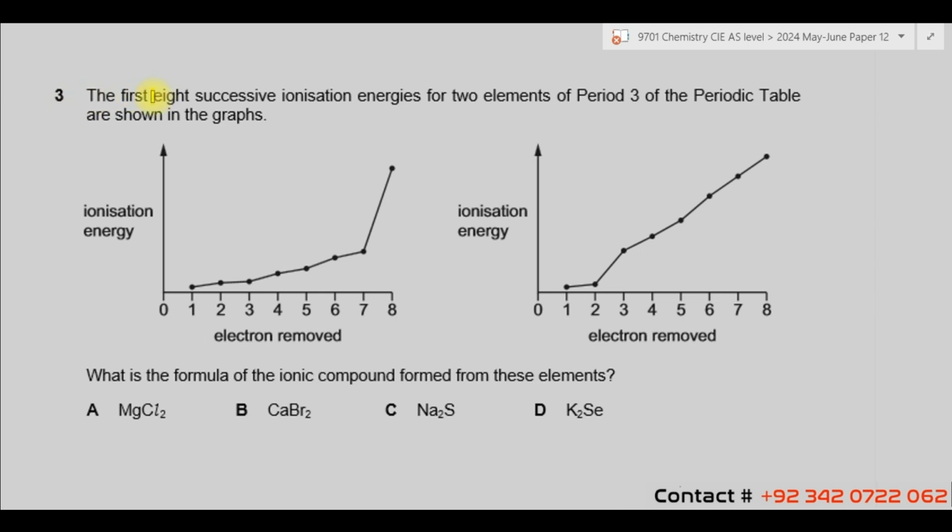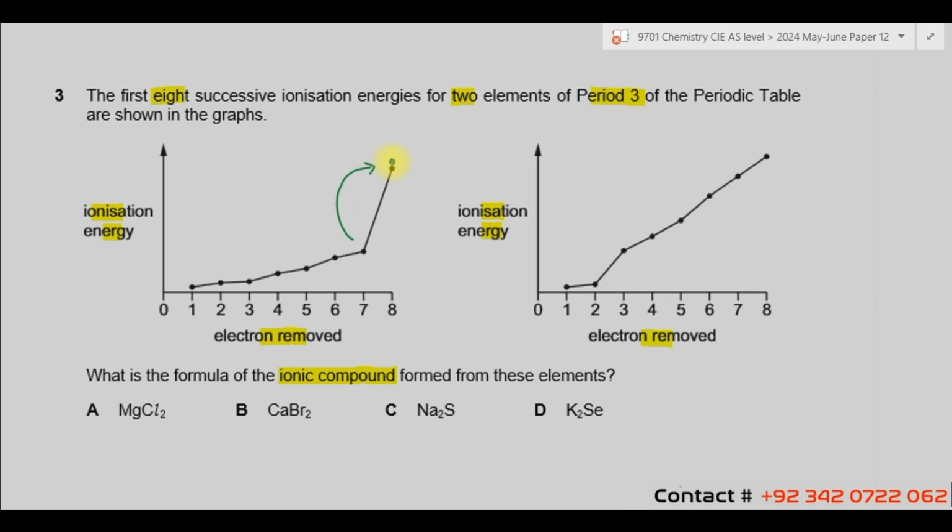Question 3. The first 8 successive ionization energies for 2 elements of period 3 of the periodic table are shown in graphs. We have ionization energy against electrons removed. What is the formula of ionic compound formed from these elements? Let's find out which element is this. So we have 1, 2, 3, 4, 5, 6, 7 ionization energies, and then after that there is a huge jump,